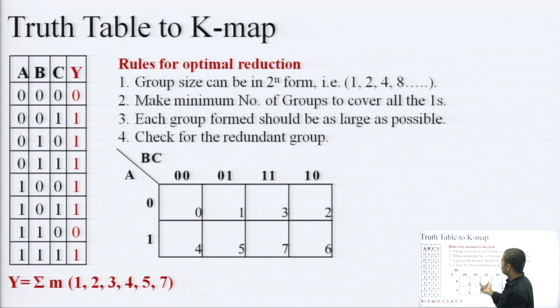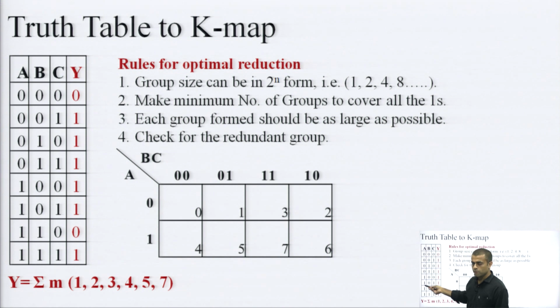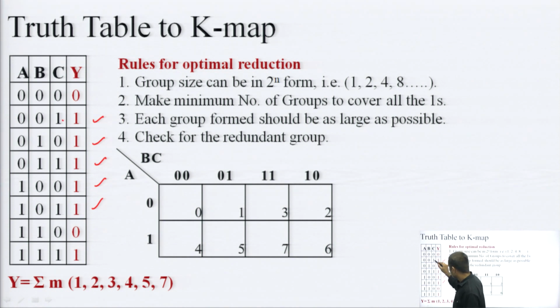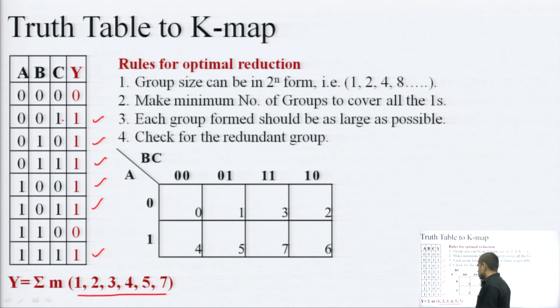If we have to solve a question, this is a truth table given to me. There are 3 variables A, B and C, and minterms can be seen from here: there are 5 locations where output is high. These locations are 1, 2, 3, 4, 5 and also 7. These are the minterms. So I can solve a SOP type K map for this 3 variable problem, if I feed ones at these locations 1, 2, 3, 4, 5 and 7.